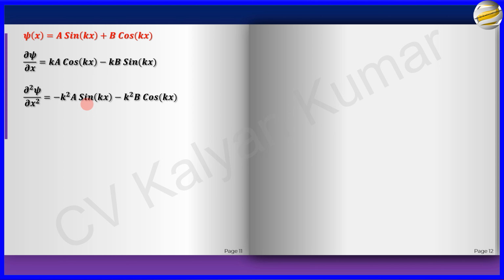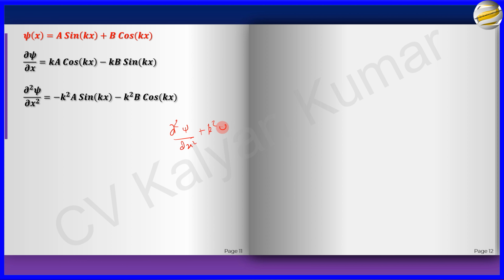Again, cos will become negative sine. Again, you will get another k, so k squared. The negative remains here, sine becomes cos. Again, you get a k here. Don't you get this? Now, if you remember equation 1, which was d squared psi by dx squared plus